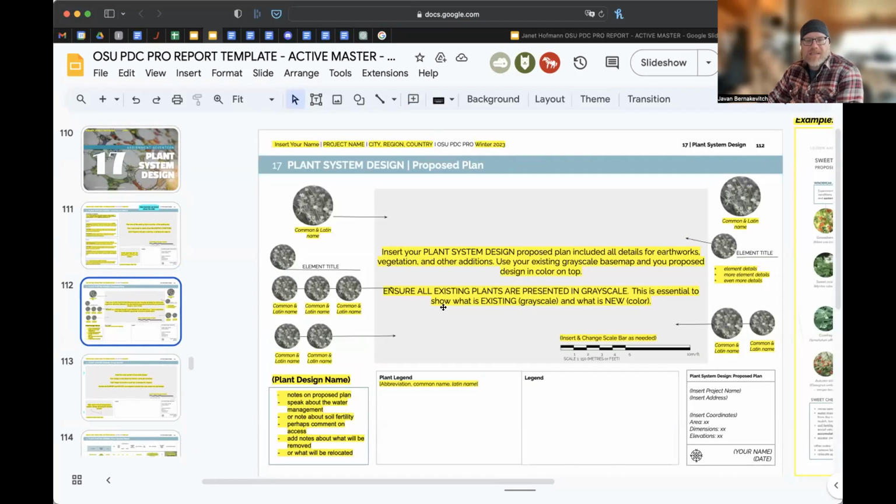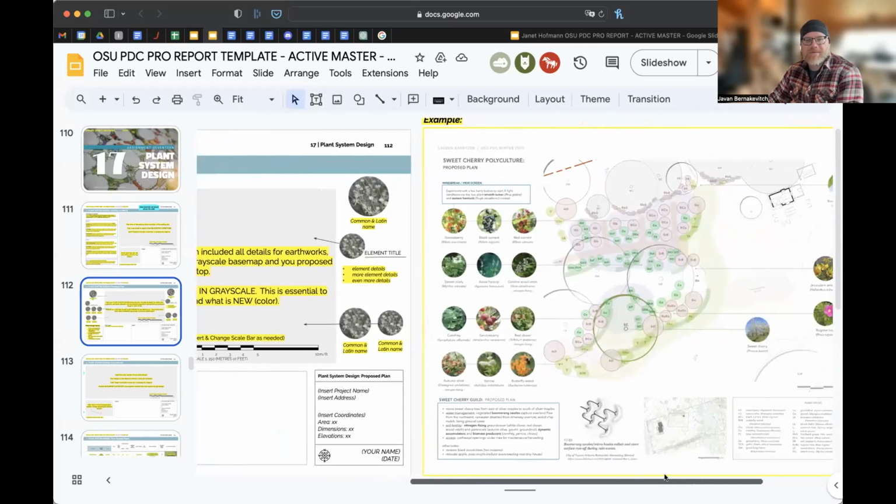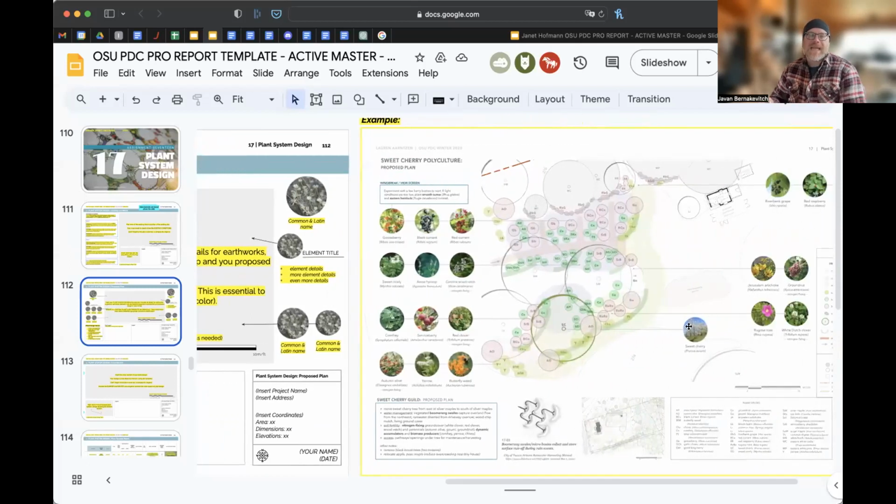Then we get into the system design. So how do you start planning and designing your system if you've never done it before? So usually we take an anchor. Usually there's some tree or some species we want to put in that'll be the anchor for this. So if you're just designing a guild, it'll be that key species, and then we're going to design around it. Number one mistake people make,